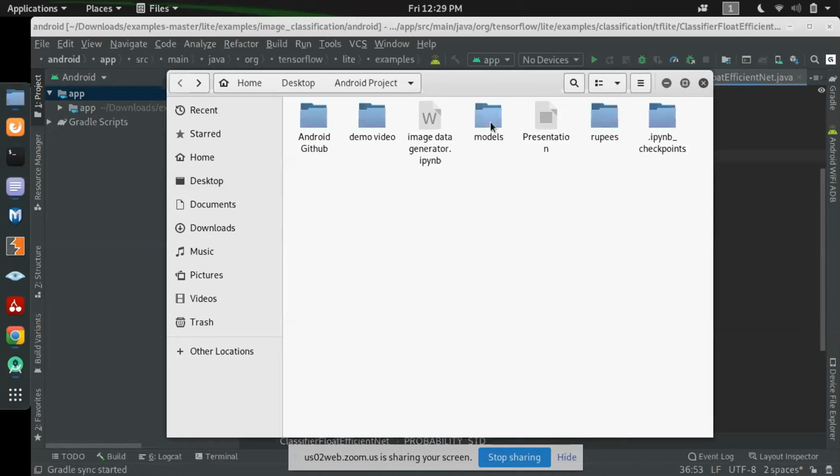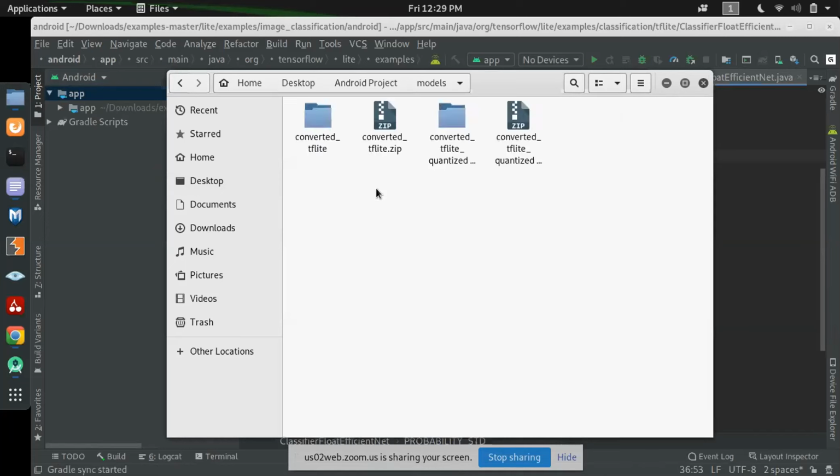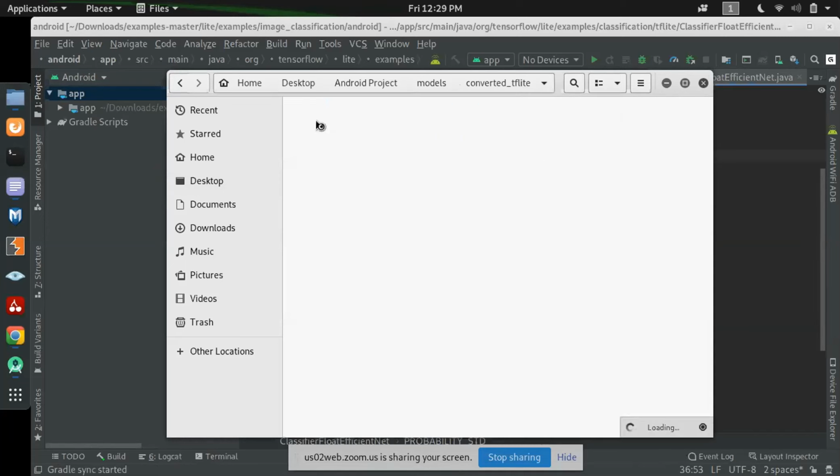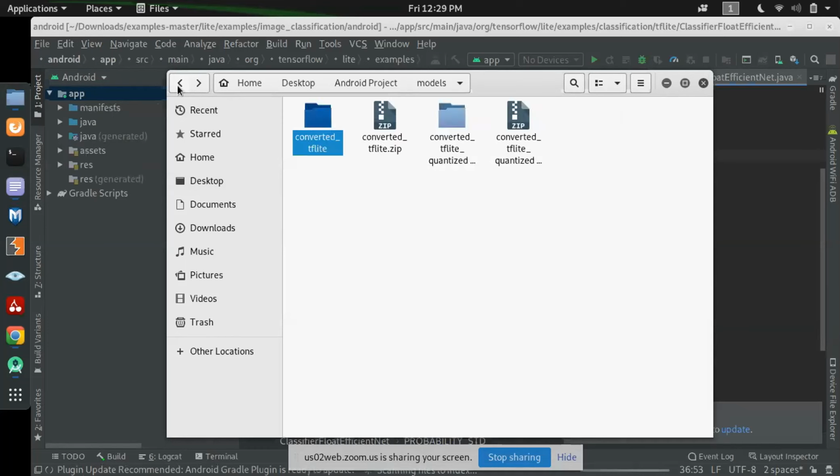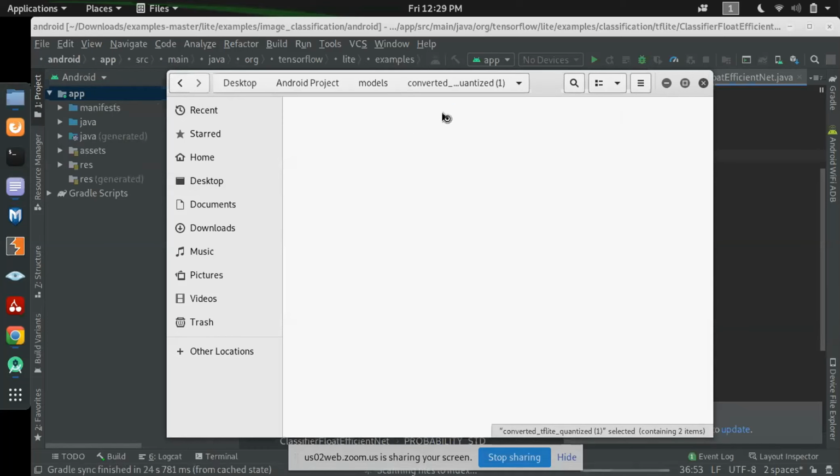For that, in models, there are files. We have to place the model.tflite file and model_unquant.tflite file and the labels.txt file in the Android project.